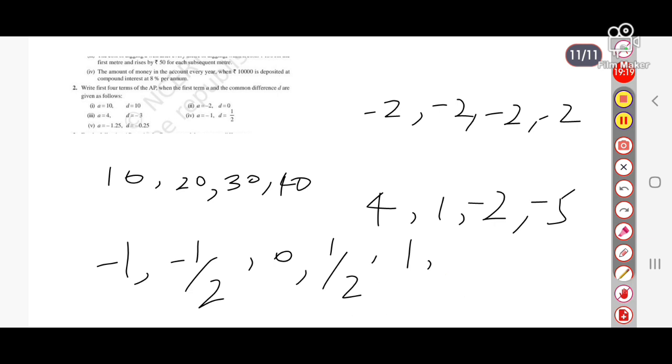It goes on, right? But they have asked us to find only the first four terms. So I have got the first 5 terms, no problem. The common difference is 1 by 2, as given in the question, and it goes on: 1 by 2, 1, and so on. Okay. So the fifth subdivision is